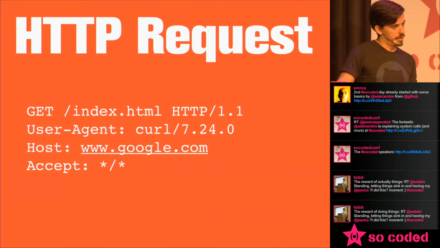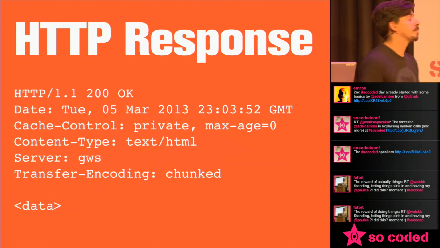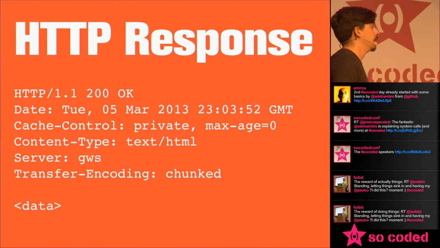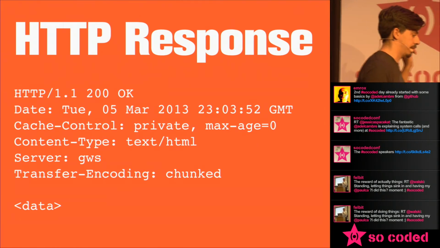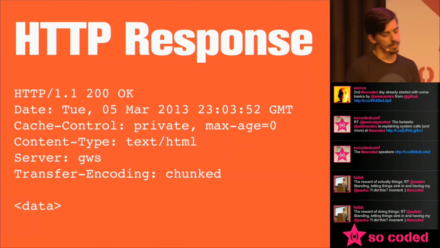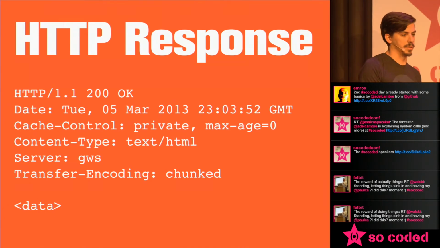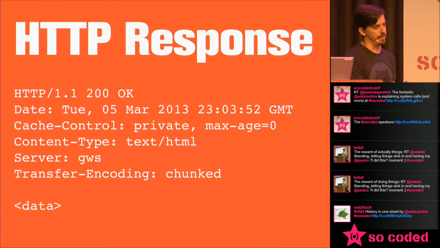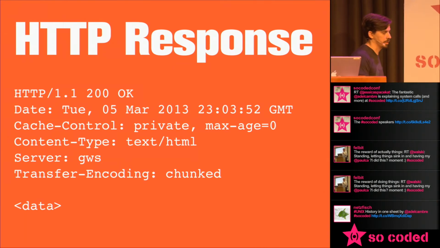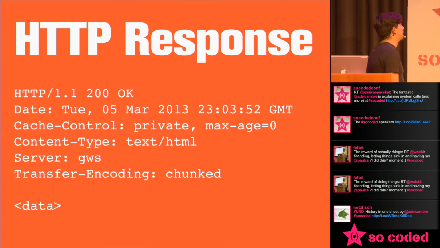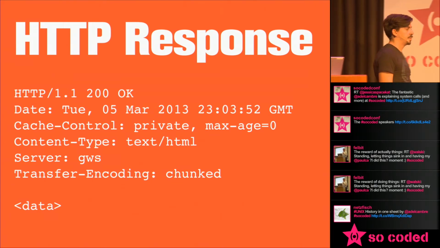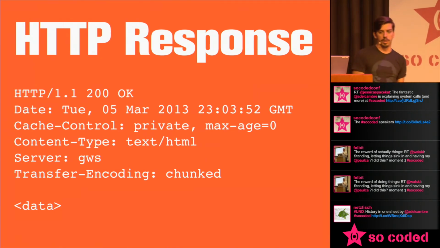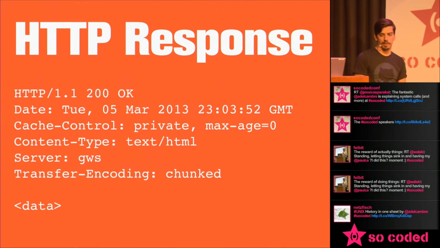The server then processes the request and responds with a response. Very similar response style. Again, the first line is consistent across all HTTP. You have the HTTP version, and then the response code. And you always have both the number and the text string, so this is 200 OK. This could also be 404 not found or 500 internal server error, or whatever the response code is. Again, a list of headers coming back from the server, and then a blank line and the content. So this would probably be HTML because the content type is text/html, but could be anything else. That could be application/json or whatever.